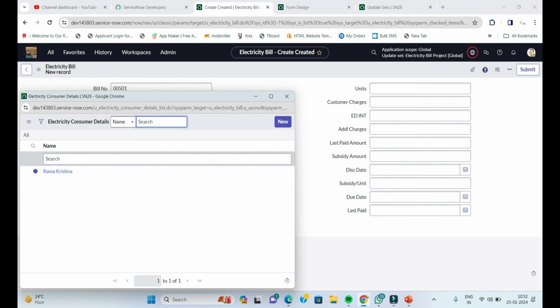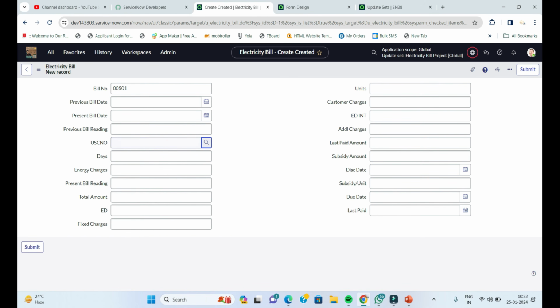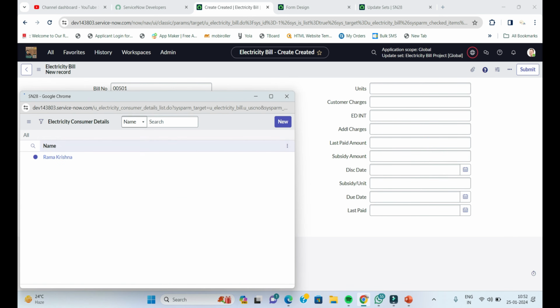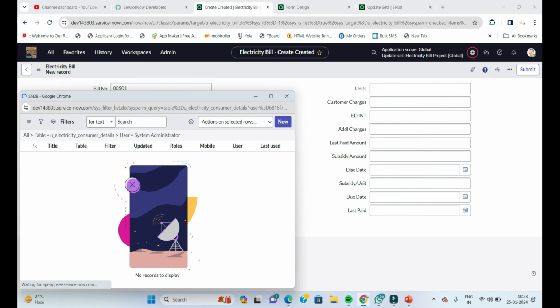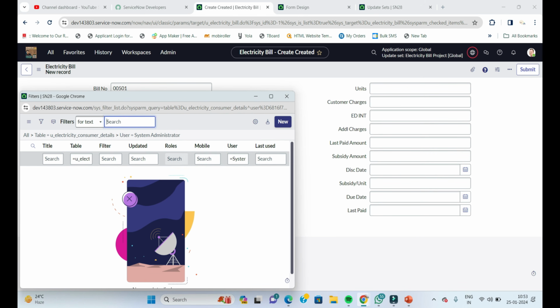But I don't want to see this name. I want to see the number, right? So that's the reason. First of all, you need to click on this area, and simply you can go with the filter conditions in this area. Okay, and now you can see edit personal filters. So I think if you want to click on new,